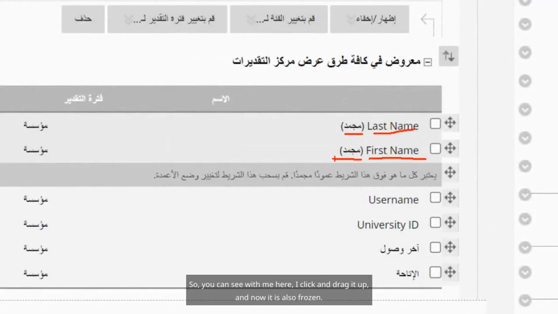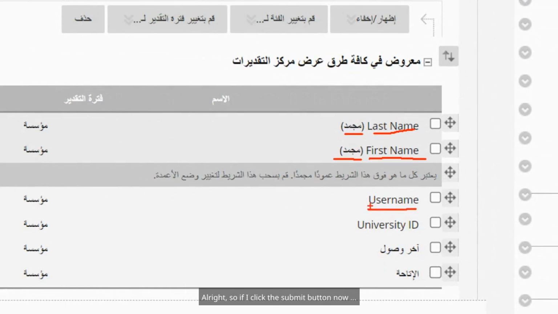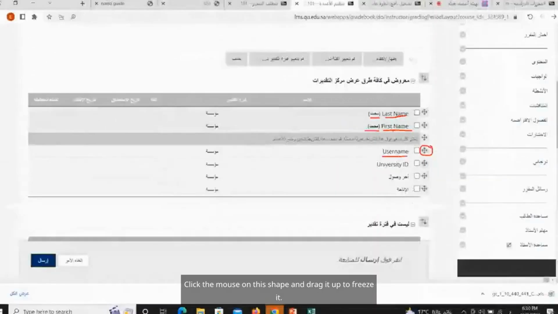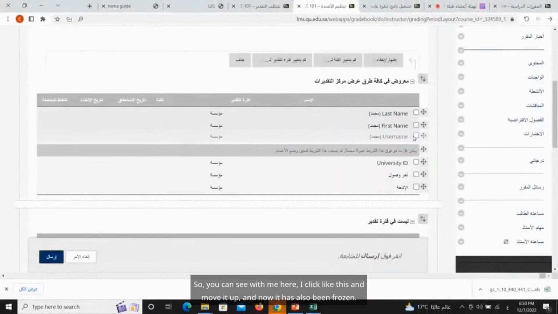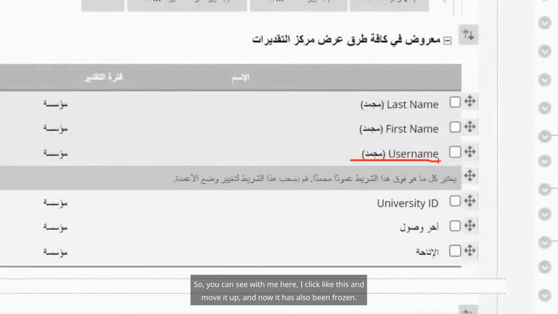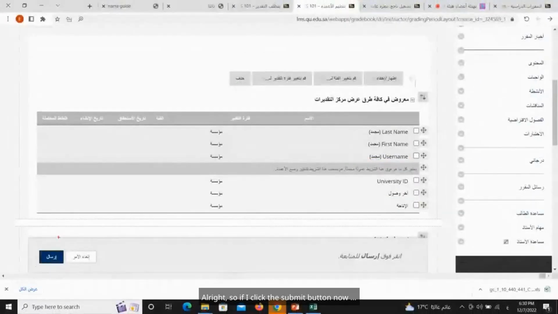So you can see with me here, I click and drag it up, and now it is also frozen. All right, so if I click the submit button now, I need to click on it with this tool using the mouse. Click the mouse on this shape and drag it up to freeze it. So you can see, I click like this and move it up, and now it has also been frozen. All right, so if I click the submit button now,